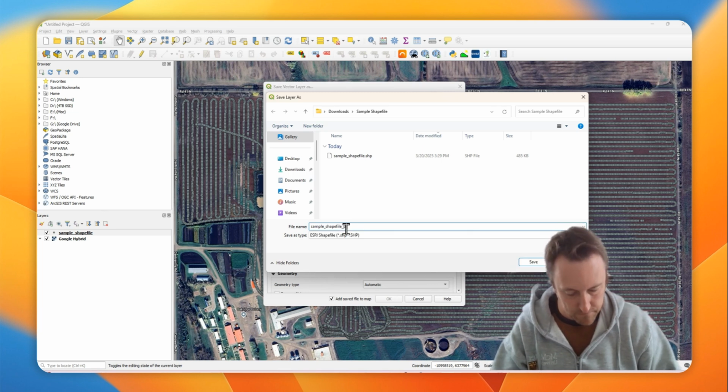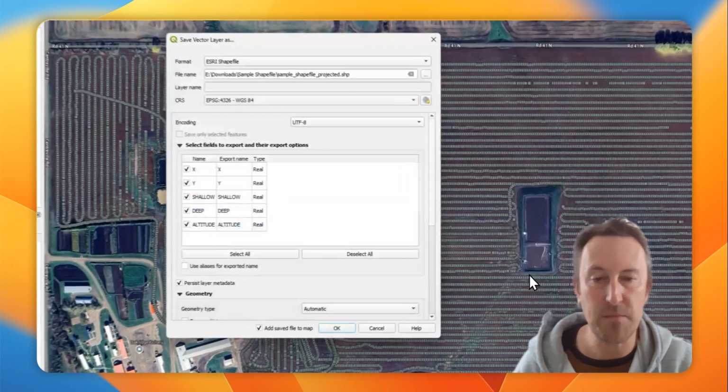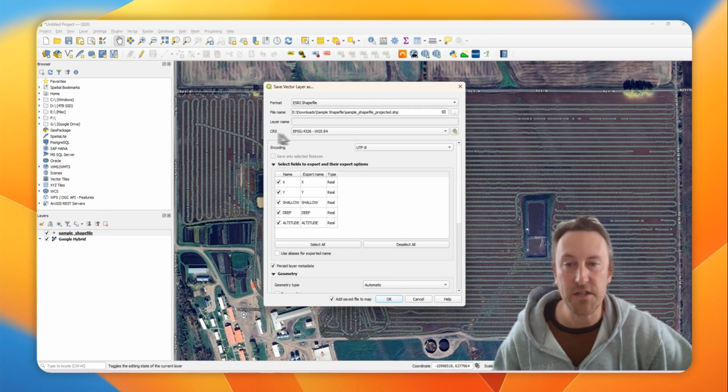the location and give the file a name. Best practice is never to have any spaces or special characters in your shapefile names. And then here where it says CRS, we need to change that, okay? Because right now if it says